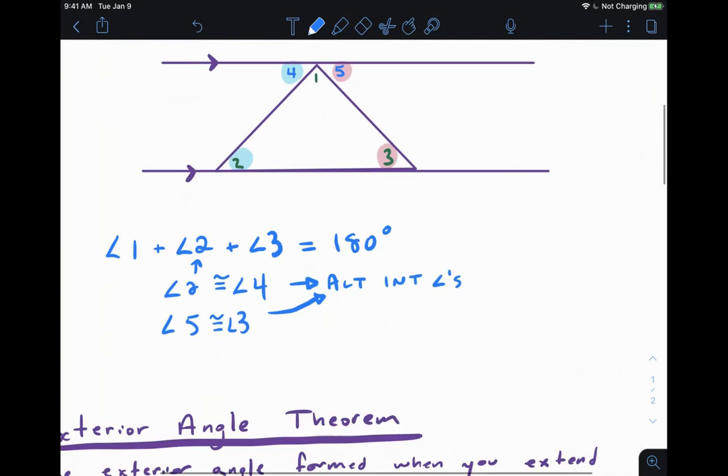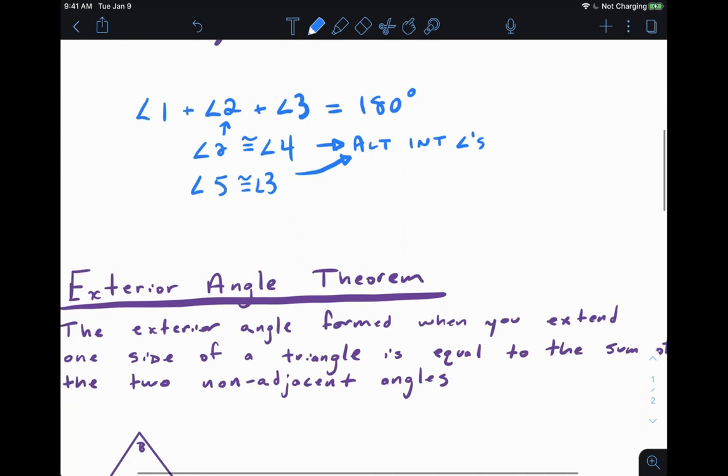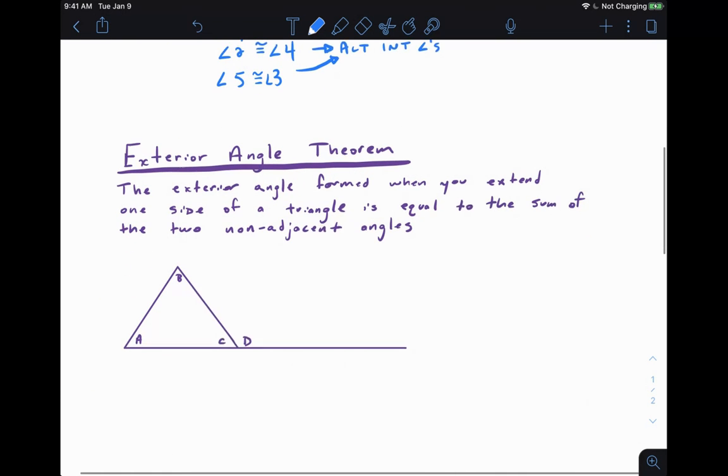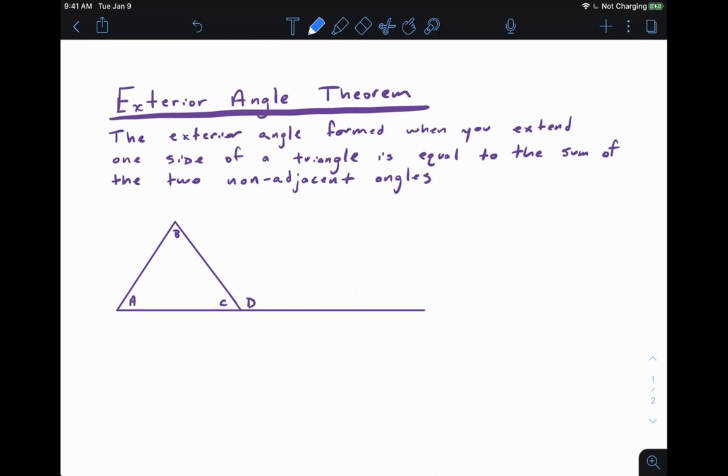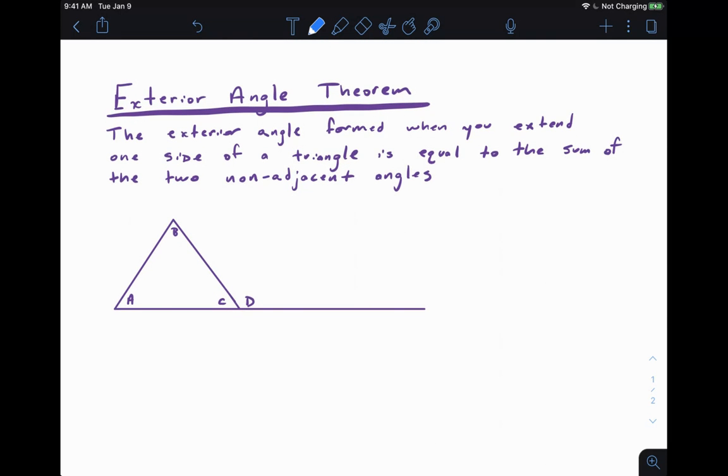Okay. Second one. This one might be kind of new if you've never heard this before, and it's not that difficult. One of those where the wording is somewhat more confusing than the actual idea here. So let me just read it out and then I'll break it down a little bit simpler. It's called the exterior angle theorem. First of all, just explaining what an exterior angle is. An exterior angle is outside the particular shape when you extend one side.